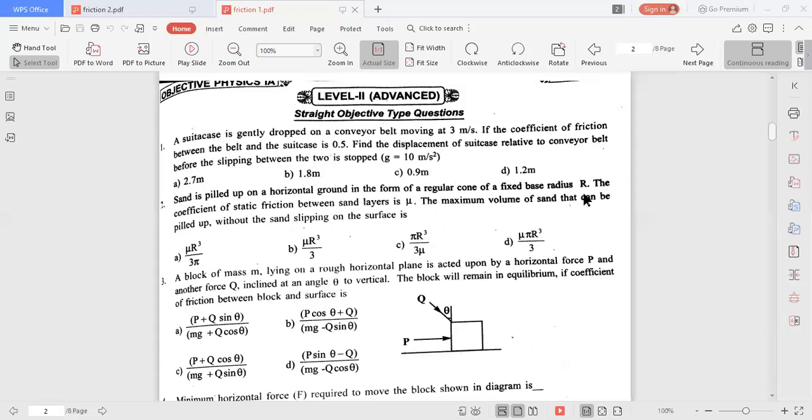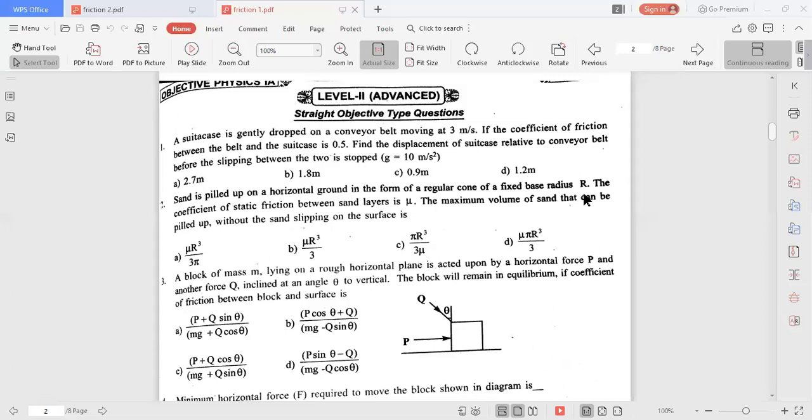Now you see, what is the component of this force? Here we resolve this force into components. One component in this direction, another component in this direction. This component is Q sin theta, and this component is Q cos theta. As Q is resolved into components, just forget this force. Now, on the block, along the horizontal direction, two forces act, P and Q sin theta. That's why the net force acting on the block is P plus Q sin theta towards right. As it is a rough surface, when you push the block with this force in horizontal direction, at the same time a frictional force acts on the block in backward direction.